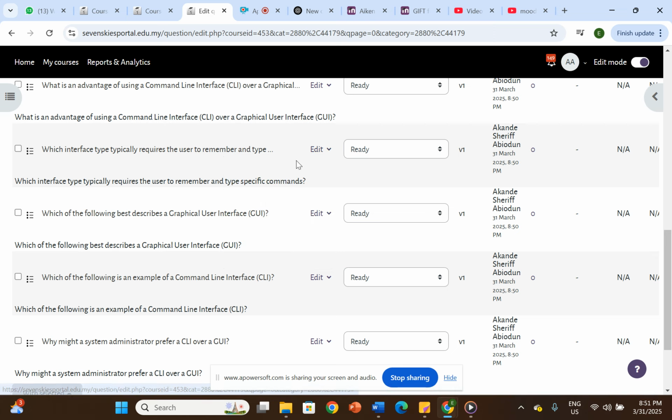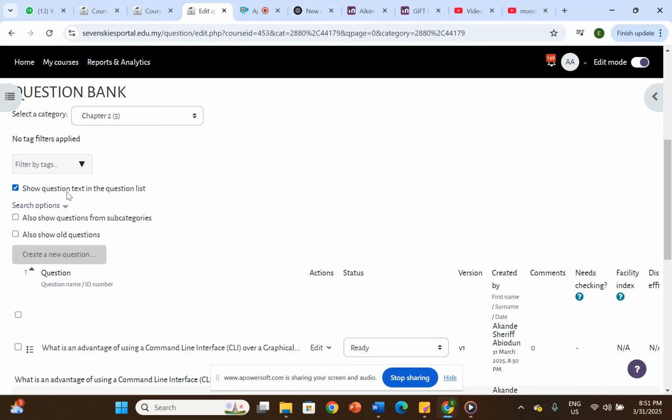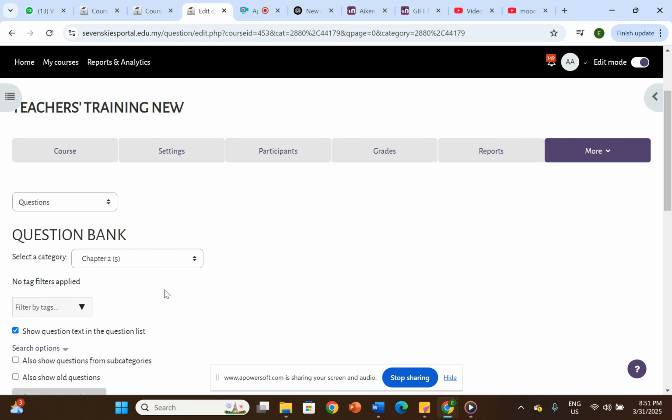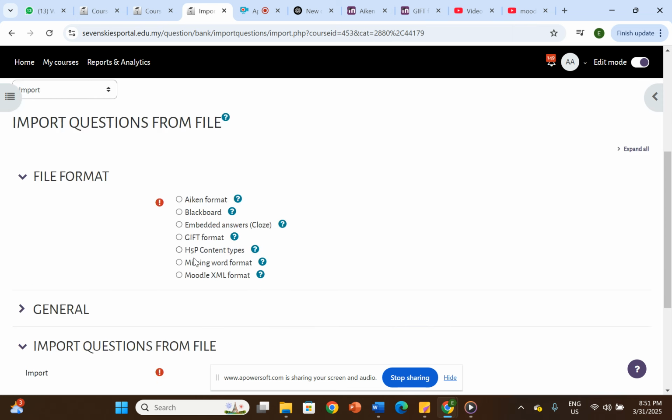And check some other few details. So you will see 5 here, which means we've already uploaded 5 questions into this category. Now, the next one is, let's say we want to import questions again, but we want to use another format. The format we are going to use this time is